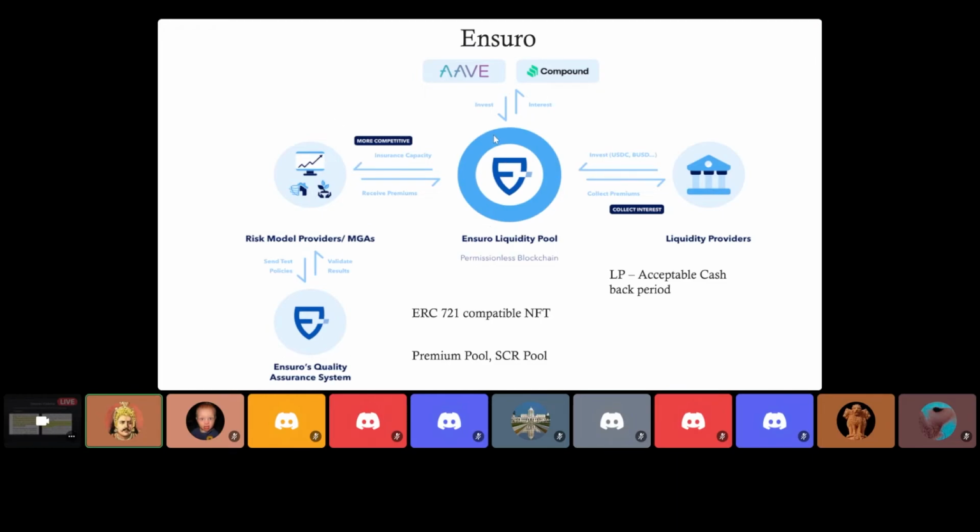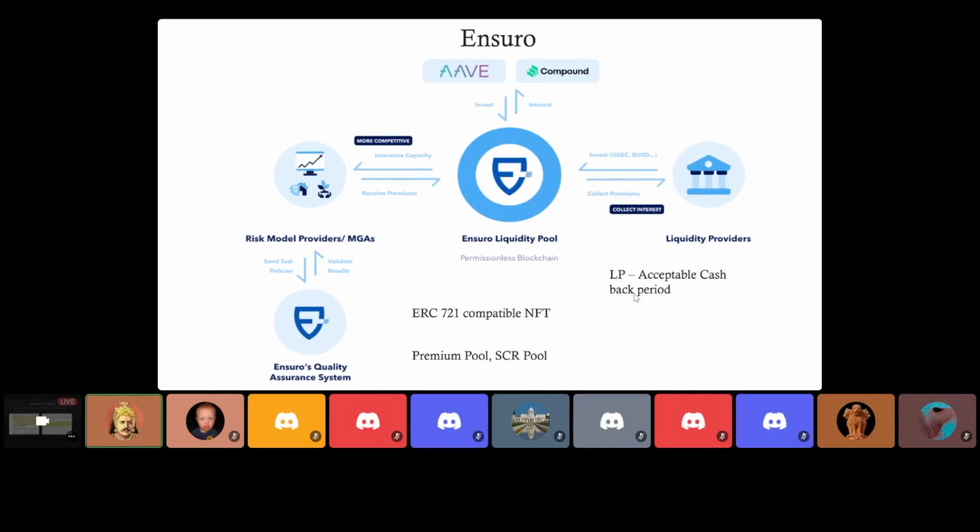And in the middle, we also have one more thing called yield-bearing protocols. So out of the liquidity that is being provided by the liquidity providers to the liquidity pool, a certain portion will be set aside to be invested in the yield-bearing protocols, and that will give a risk-free interest to be set aside for paying the interest to the liquidity providers. So the main issue here is liquidity providers are investing in the liquidity pool. What they are doing is, one, locking their funds for a particular period. So they will not be able to use those funds as and when they require.